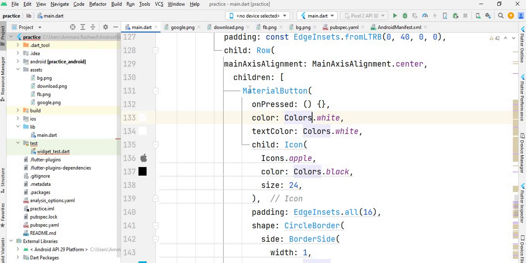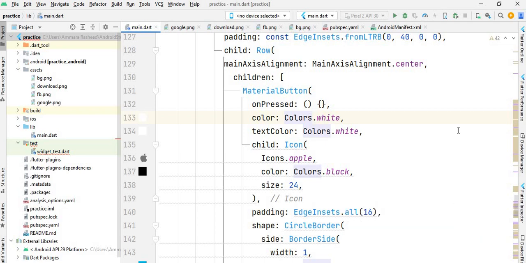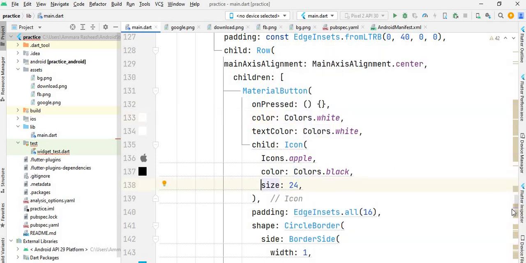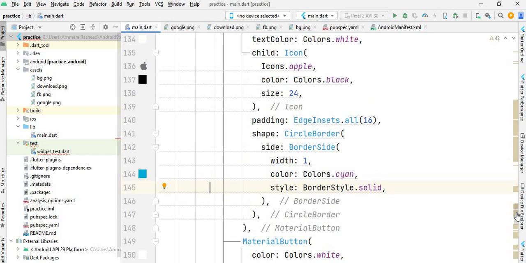The first is this Apple icon. I make this icon black, and after that I put a size of 24, and then I give the border with one color, cyan,